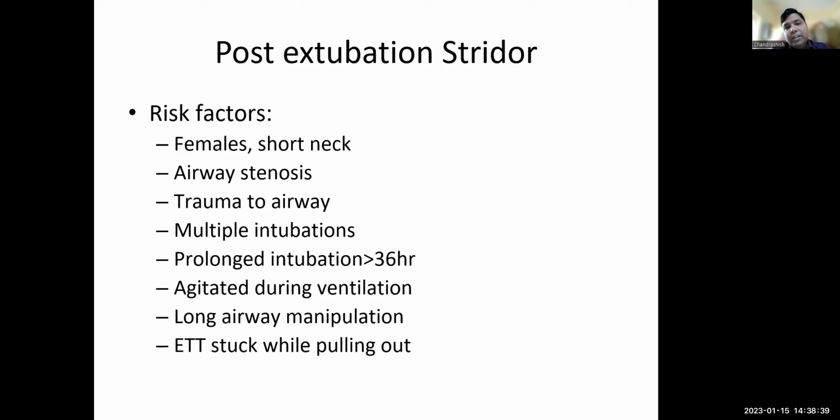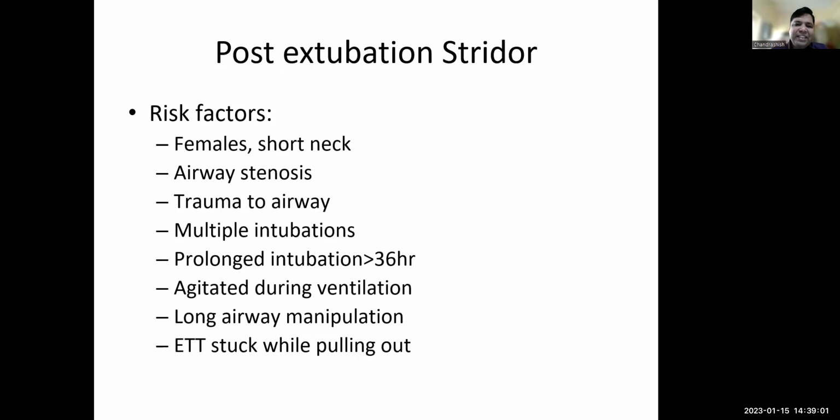So what are the risks of post-extubation stridor that you should consider before extubating somebody? The risk factors are: number one, female patients who have a short neck, if somebody has an airway or laryngeal stenosis to begin with, trauma to the airway, multiple intubation attempts, prolonged intubations for more than 36 hours, patient